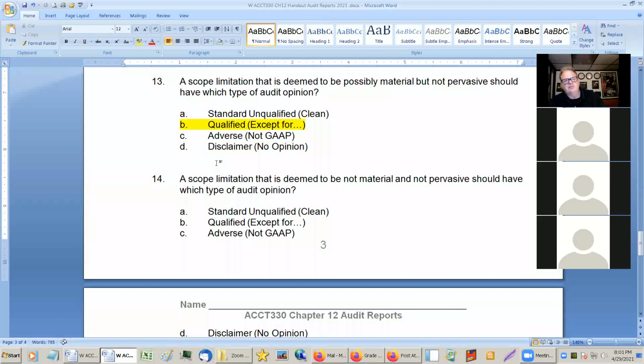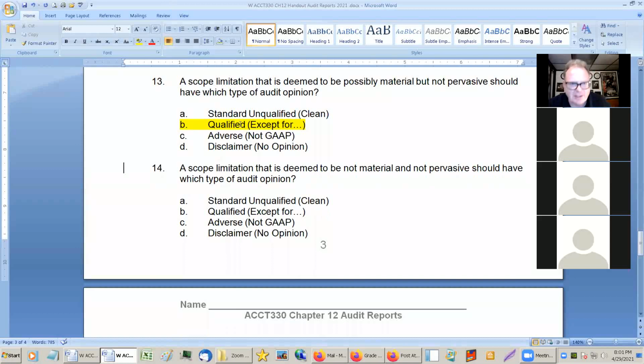And last, and certainly not least, is maybe it is the least actually. A scope limitation that is deemed not material and not pervasive. Kind of opinion, clean. It's not material and it's not pervasive. It's a clean opinion. For instance, they got a new desk and the old desk had all the receipts for